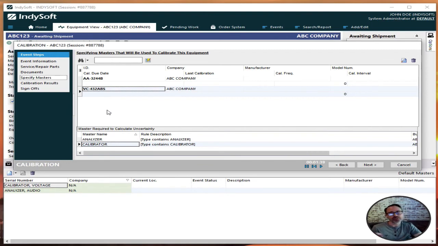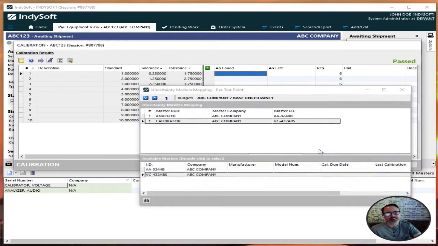But then when you hit your test points screen, it's going to automatically validate those default standards that you've added into the event, match those to your master rule requirements on the uncertainty budget, and make sure that those are also tied in. You can see down here, we've also got two rules for our master requirements